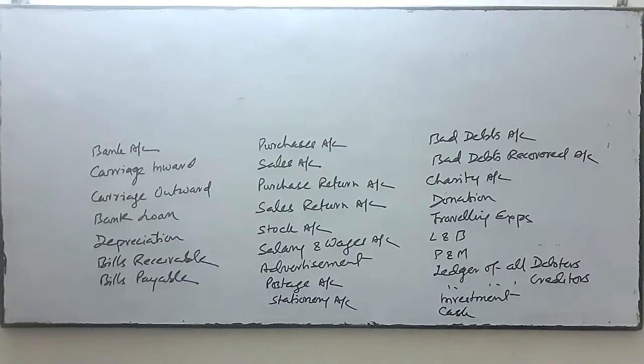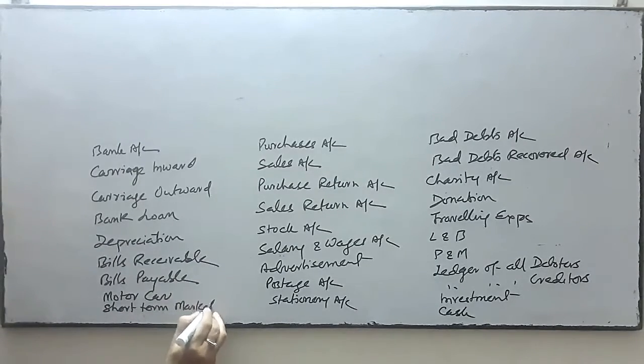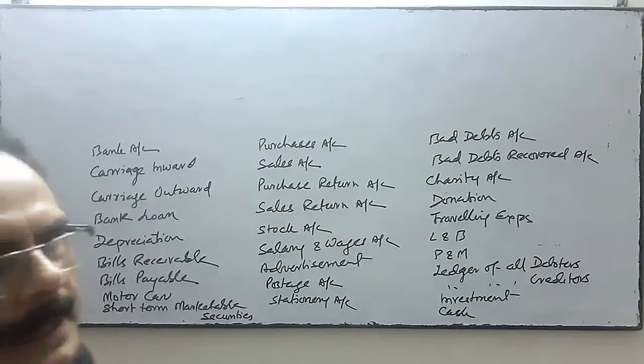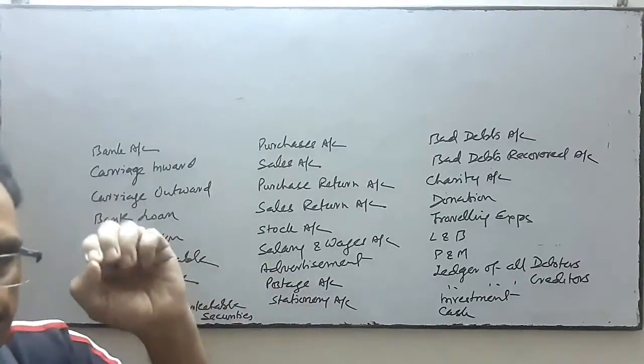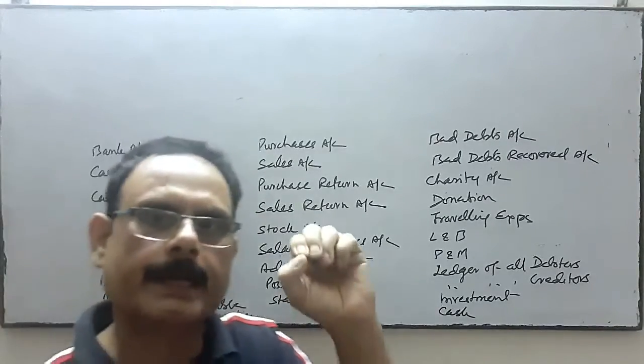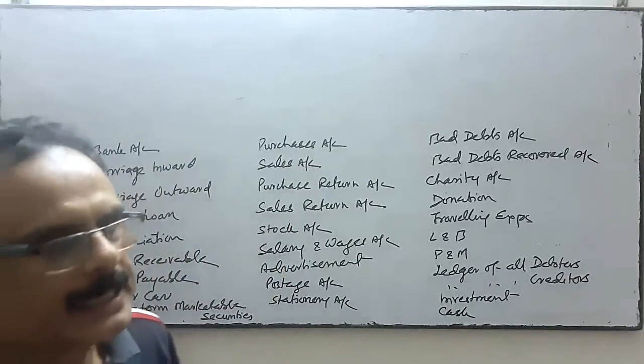Then motor car, ledger of motor car, ledger of investment, short term marketable securities, if any. So we prepare the ledger of each and every individual account,